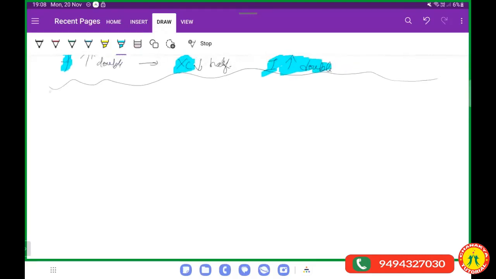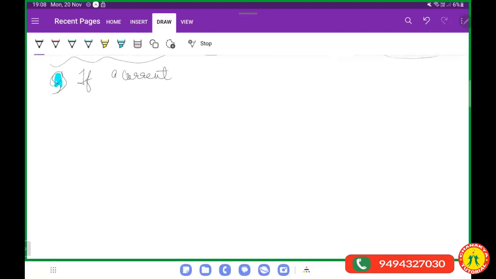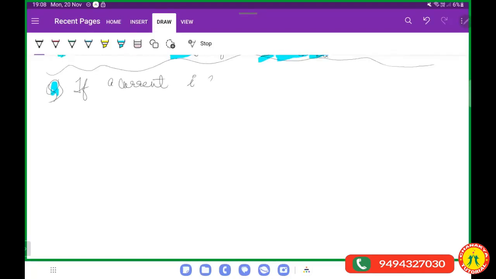This is an easy question. I want you to solve it as quick as possible. If a current I is given by I equals